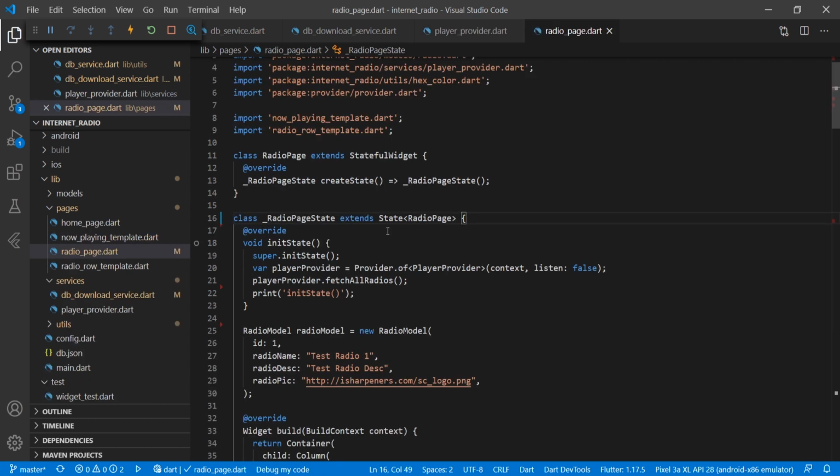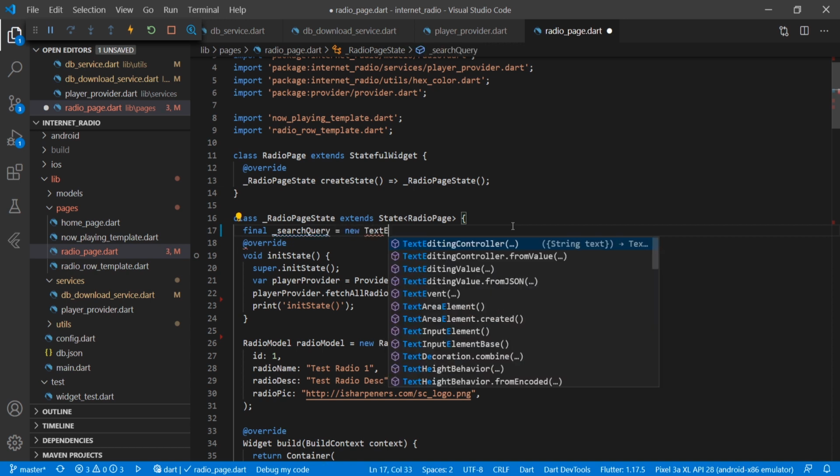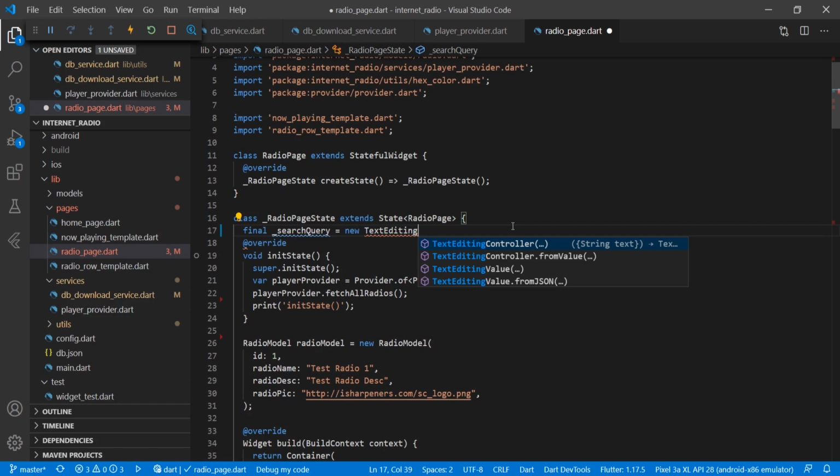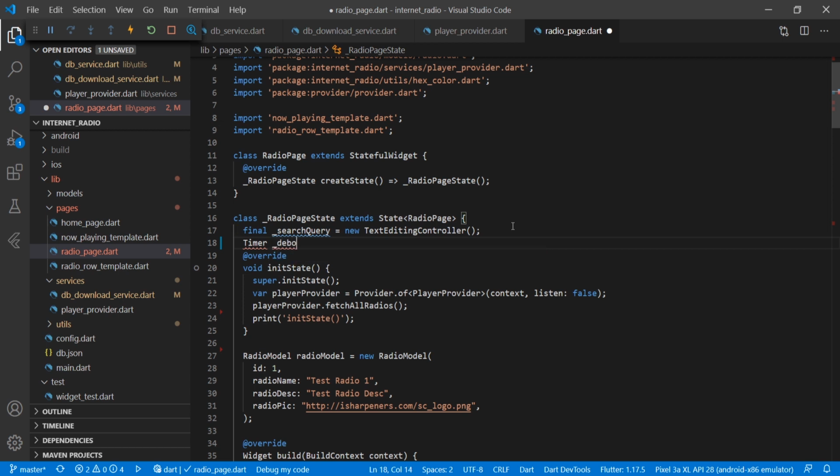Now we will do that implementation in our radio page also, and we will call those methods which we have just updated. First of all, we will create one variable final _searchQuery is equal to new TextEditingController. Then we are using Timer _debounce.